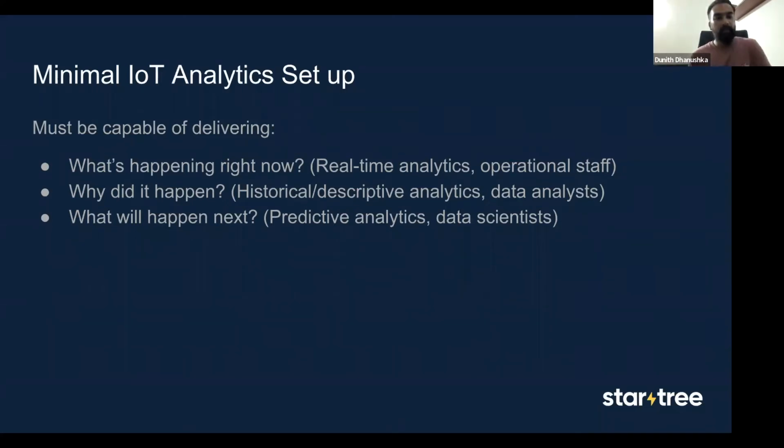The third type of analysis is predictive analytics. That means what's going to happen next. We have historical data collected over some period of time, and then we can use this data to build a machine learning model. And we can use this data again to train this model so that